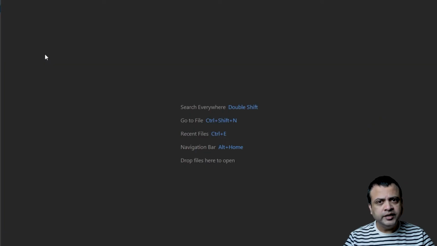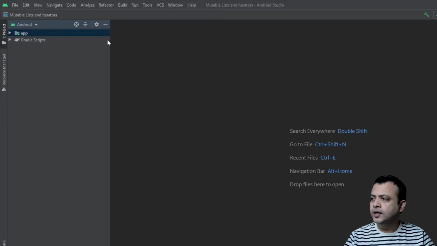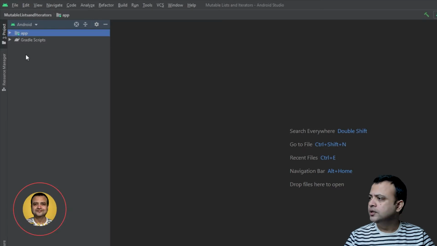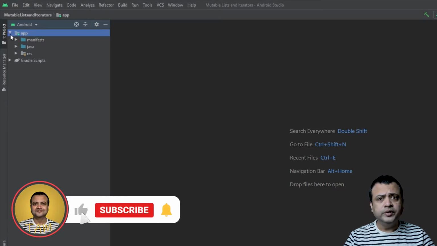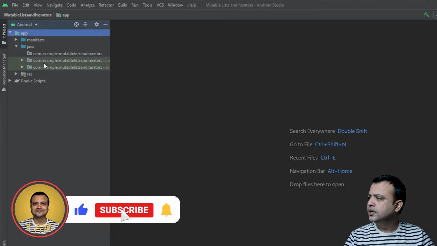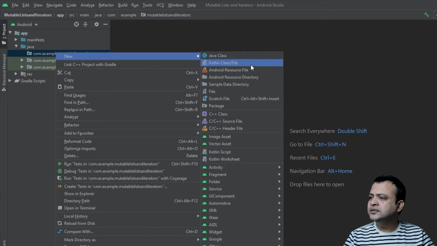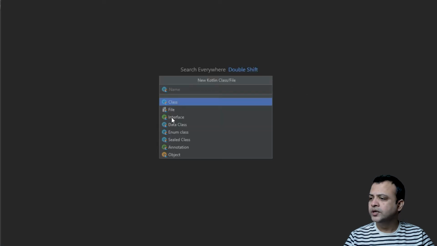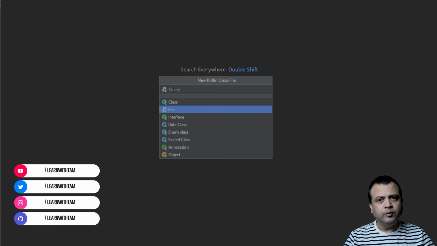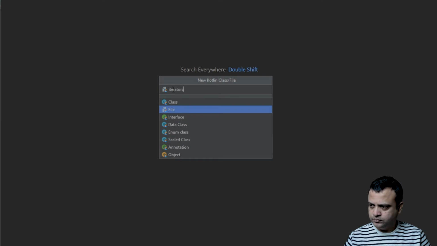Once your project is ready, go to the Project Explorer and open the App folder. Then open the Java folder. Then right-click on the package name, select New, then select Kotlin file. Make sure that you have file selected in this list. Then type the name of your file. And then press Enter.